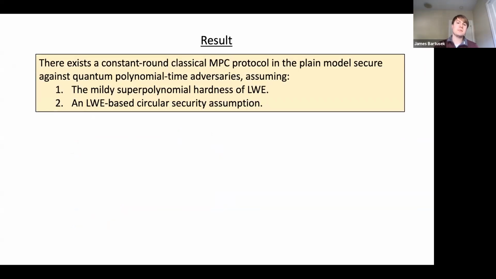This is where our main result comes in. What we show in this work is there exists a classical MPC protocol that is actually just constant rounds in the plain model. So this was implicit in the last slide, where I wasn't assuming any sort of trusted setup. So we have this classical MPC protocol in the plain model secure against quantum polynomial time adversaries. And we're going to need to assume the mildly superpolynomial hardness of learning with errors, along with the polynomial hardness of some circular security assumption. So I'll say a little bit more about these assumptions